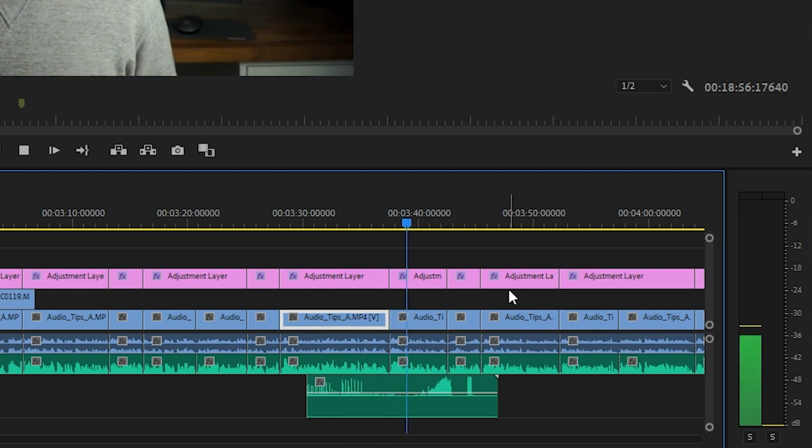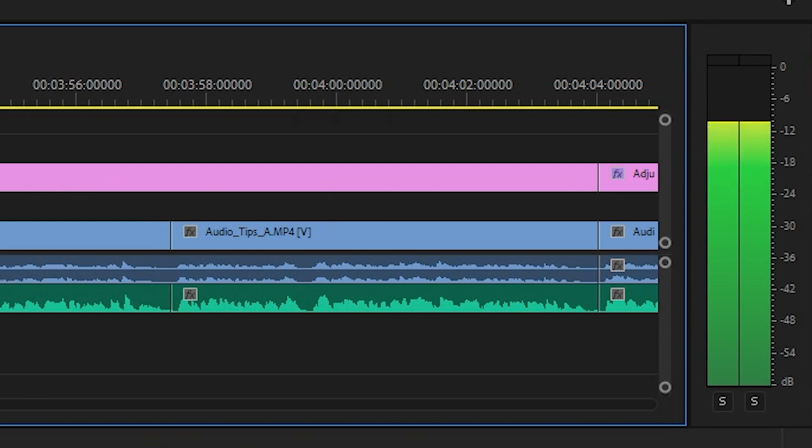Or if it's too loud and it's peaking, which basically means it's going into the red, then you might start experiencing distortion. So I would drop this down so that you're averaging somewhere around -6 to -12 decibels. That means you don't have to raise things too much if you drop below that, but also if you start peaking and you get a bit louder because you get a bit excited, you're not going to make the audio peak,